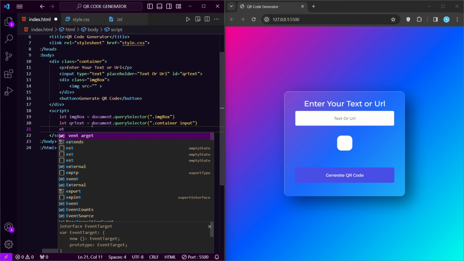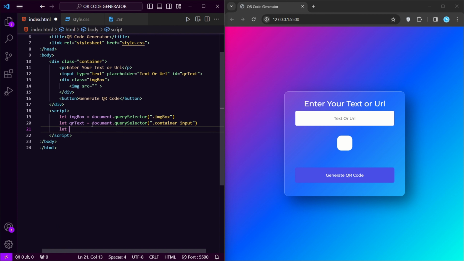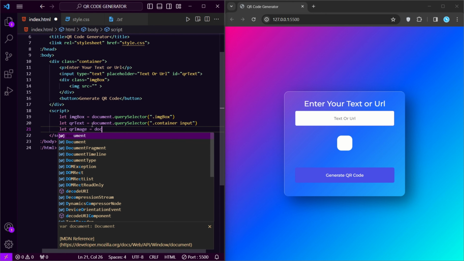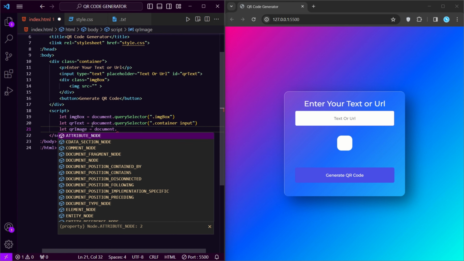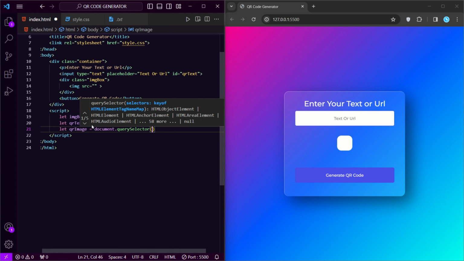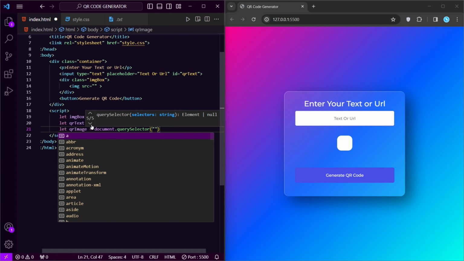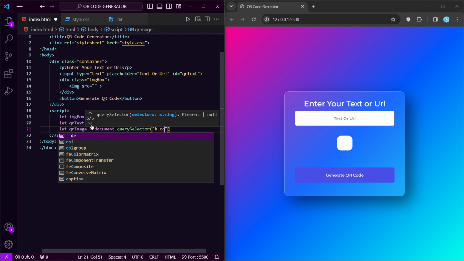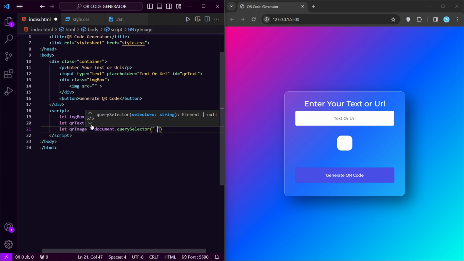Let QR image equals to document dot query selector dot container img.